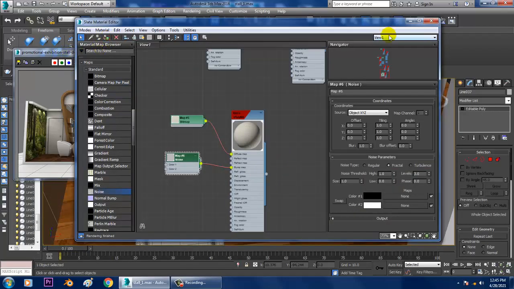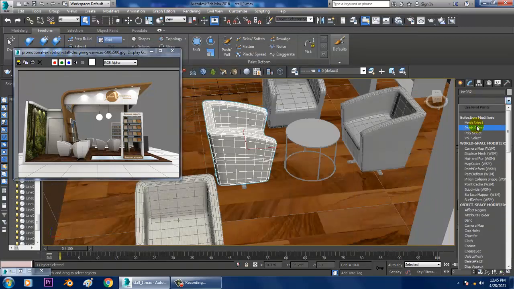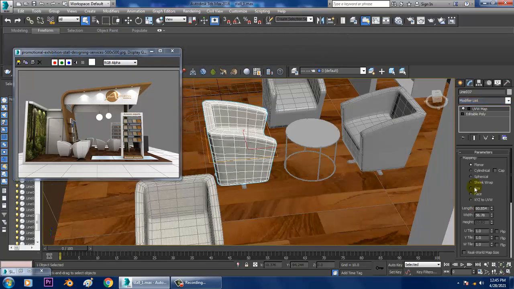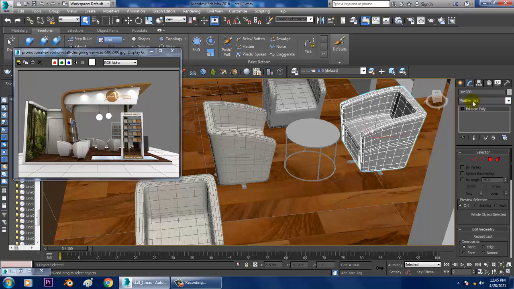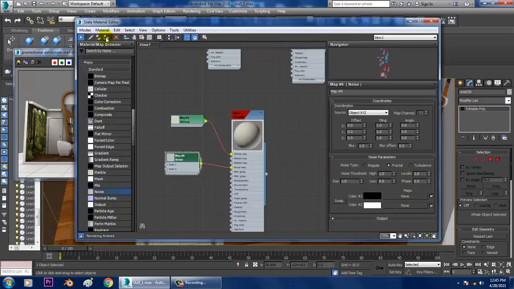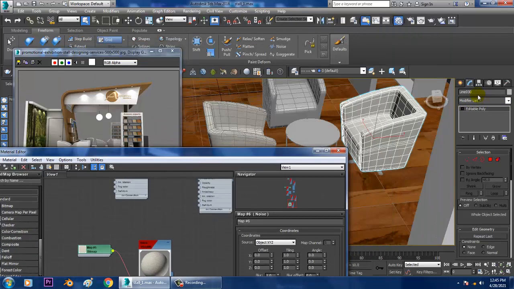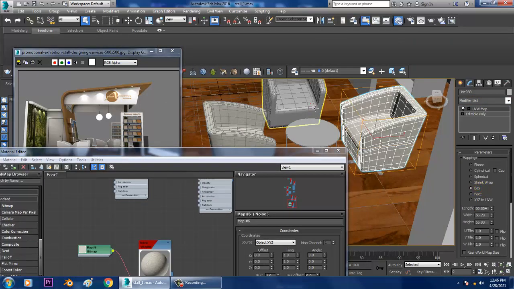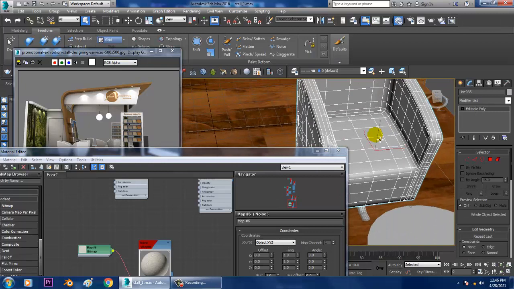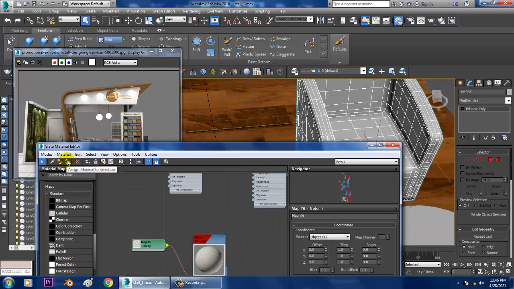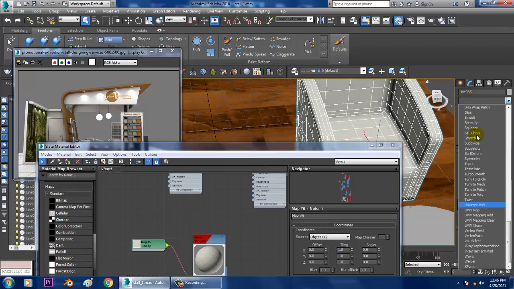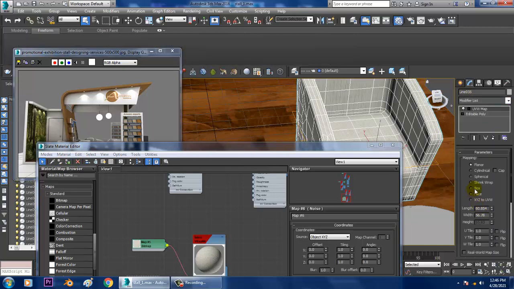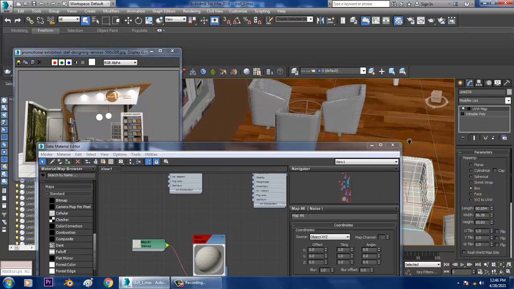So let's just assign this fabric material and let's give a UVW map over here. So first assign the same texture for all, and let's just assign a UVW map.